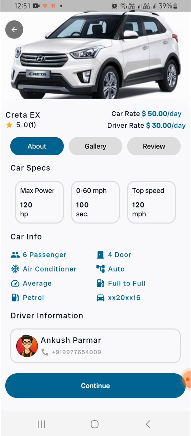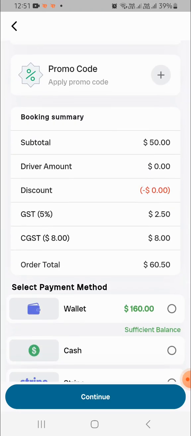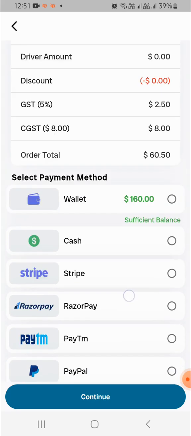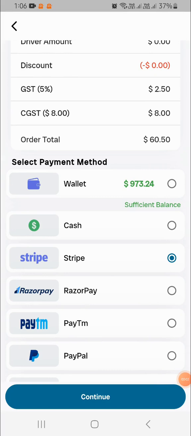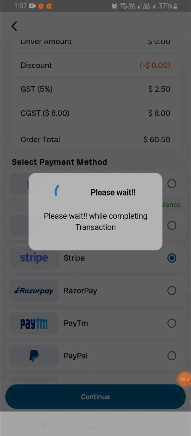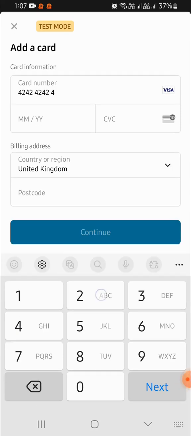Click on the continue button and book the car. I am going with the Stripe payment. Click on continue and enter the card number.